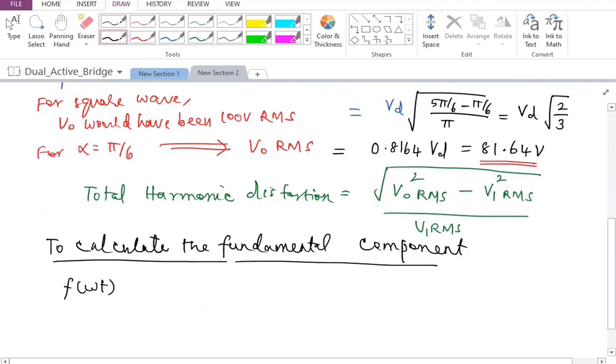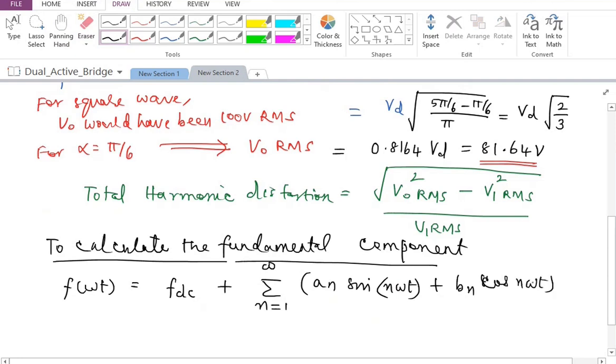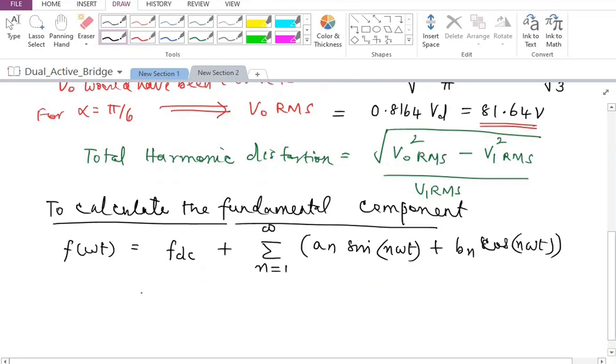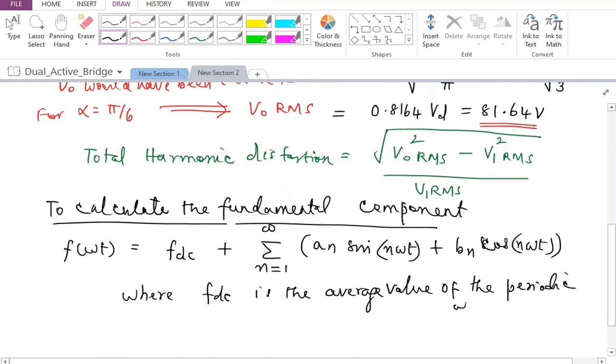the Fourier expansion. We have to say f of omega t as Fourier expansion will be, first of all, whatever is the DC component or average component. And we have to say sigma n equal to 1 to infinity. Sorry, not 0 to infinity, n equal to 1 to infinity. We have to have an sine n omega t plus bn cos n omega t, where we are going to write FDC is the average value of the periodic waveform,